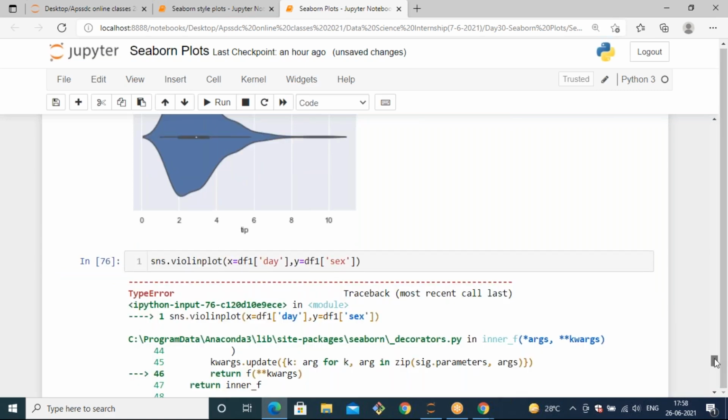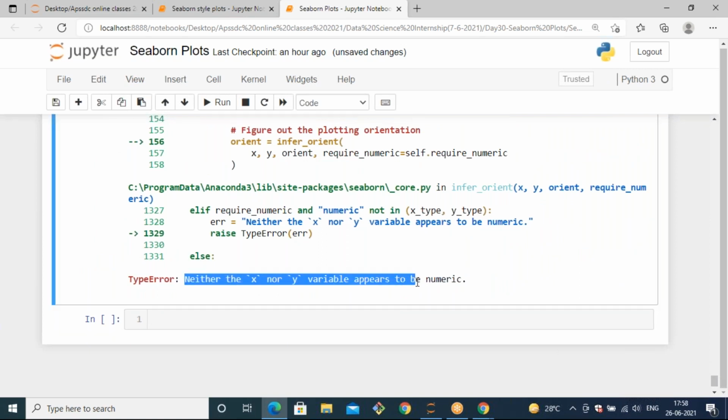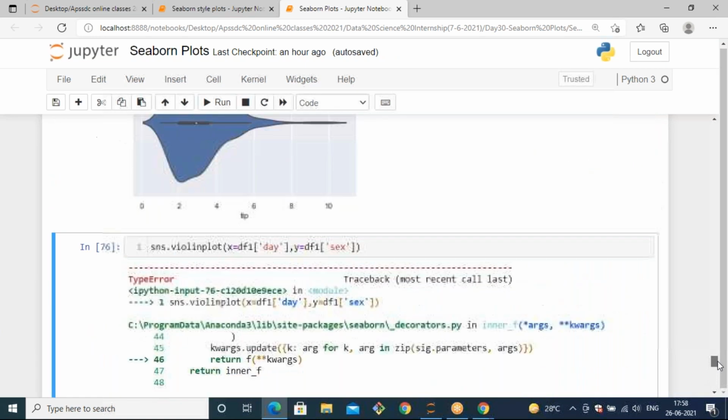Whenever you take two categorical data for the x and y axis, it will raise an error like neither x nor y appears to be numeric. That means it will accept any one column as numeric data. When you pass two columns as categorical data, it doesn't accept it. It will raise a type error. Any one column should be numeric data.